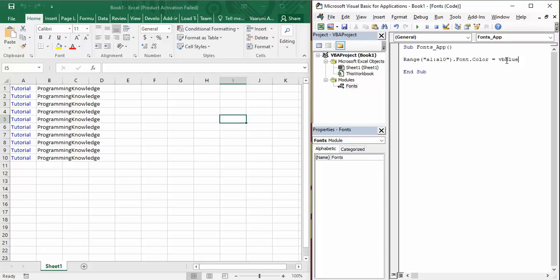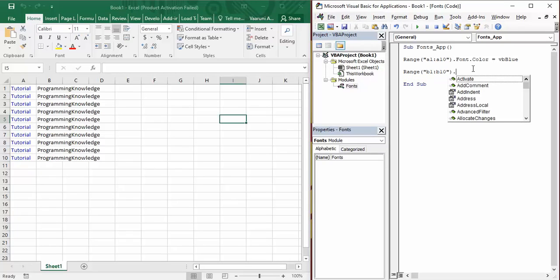There is another method given to us by Visual Basic, and that is through the usage of color index. Right now we have used the color property of the font, but we've got to use another property through which we can change the color, and that property is known as color index. So what I'm going to do is simply type in Range, and this time I'm going to use my second range of cells, that is from B1 till B10.